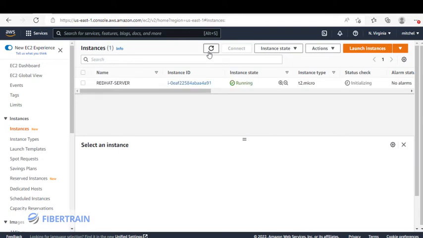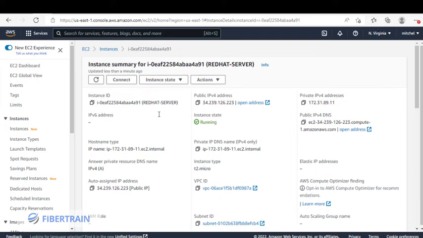So once again, we'll try to refresh the screen to see the instance is still initializing. All right, so just have to hold on one more time. All right, so you can see that this instance has been successfully created, and you could see that the checks have been passed. All right, so now it's time for us to make a connection to the server. So we could log into the server and do a couple of tasks, probably do some installation of software, etc., etc. On the instance ID here, click on the instance ID itself, and we're going to see a couple of